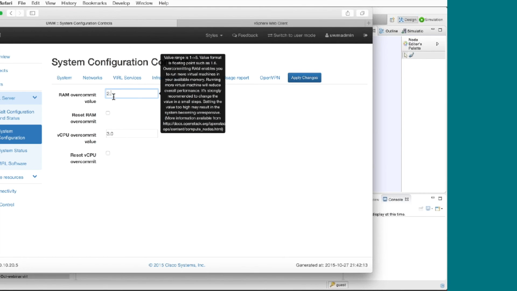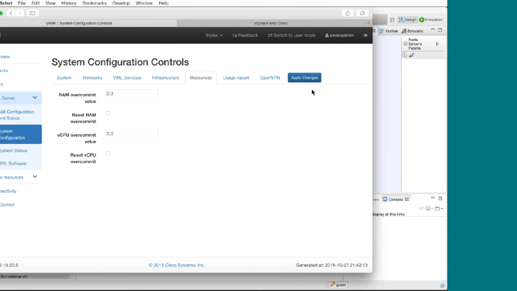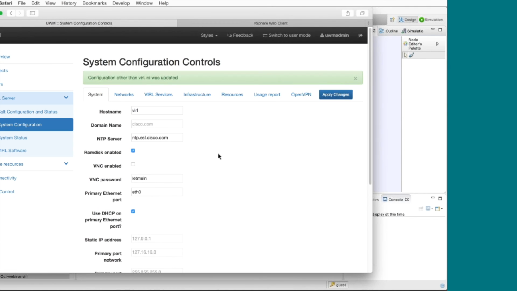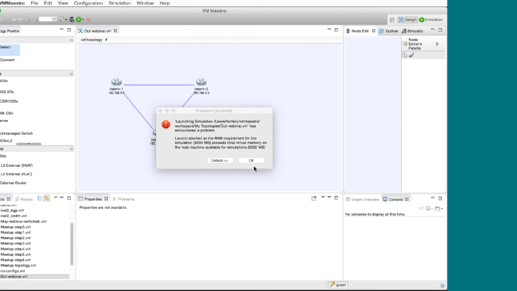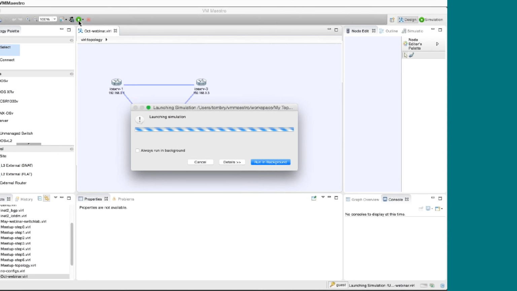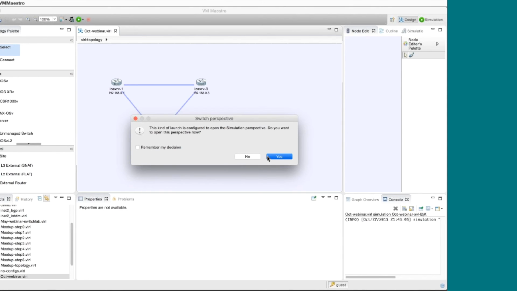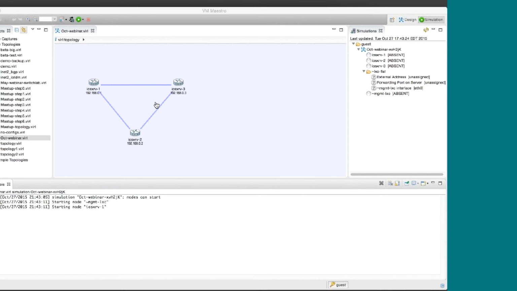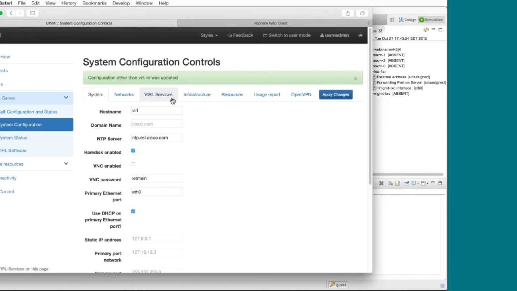So I'm going to just tweak this value for a minute. In the new UWM, we'll have a preview of what changes we're about to set. I can apply those changes. And now if I go back to this simulation and try to launch it, now that simulation is launching, right? So just that setting modified VIRL's calculation about how much RAM we have available for simulations. And so look at this for a second.